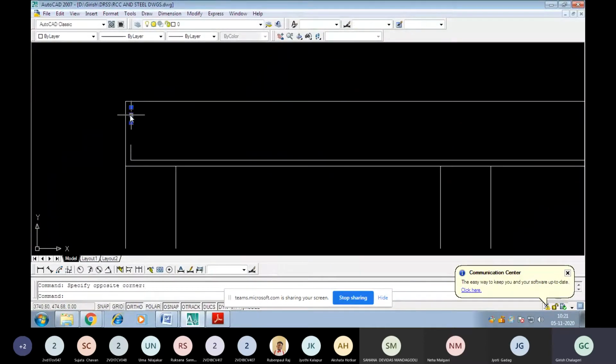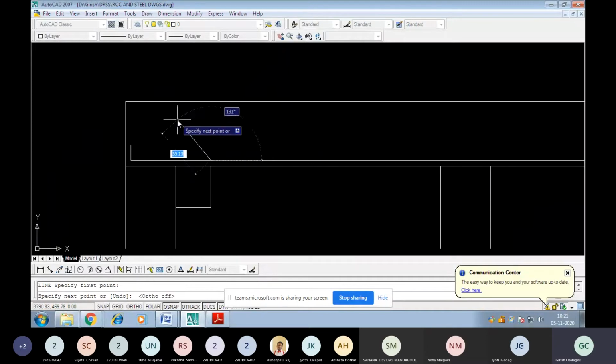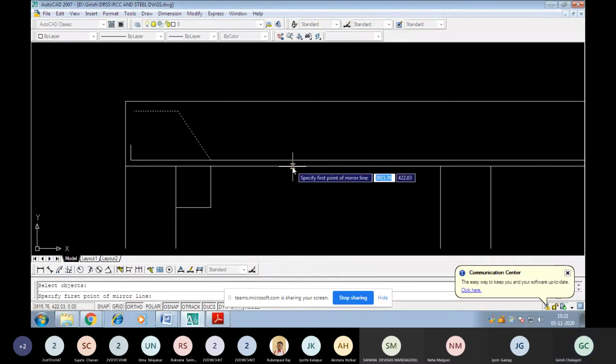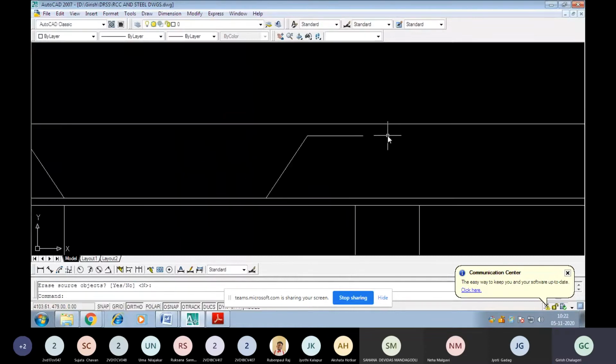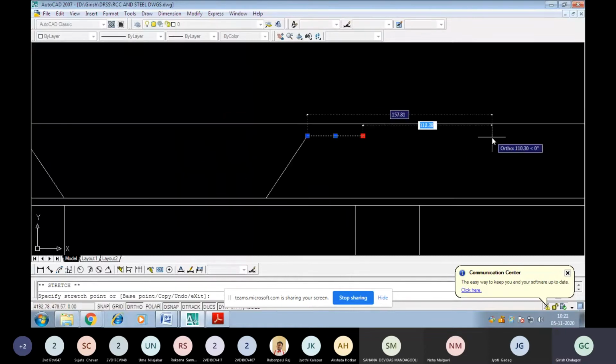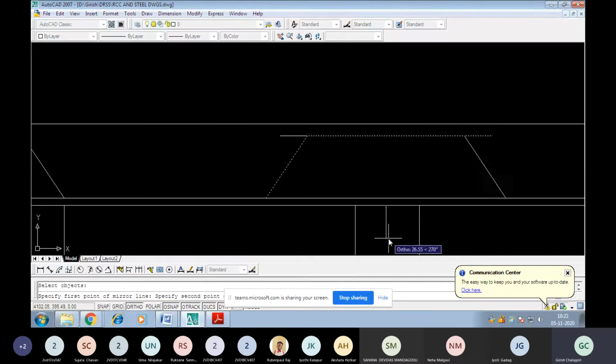So what we do is, at a certain distance from this edge, at a depth D of the slab, at this point the bar will be curtailed at 45 degrees and it will be made like this. Similarly, the same will be made here also. And this span we are going to continue at this point. Similarly, in this fashion we are doing it.